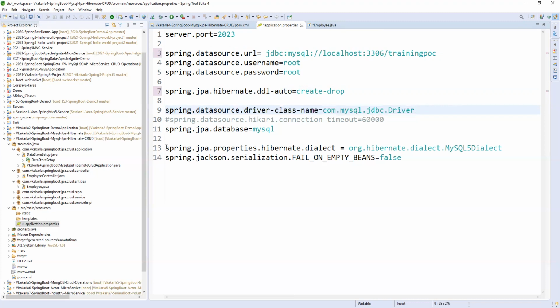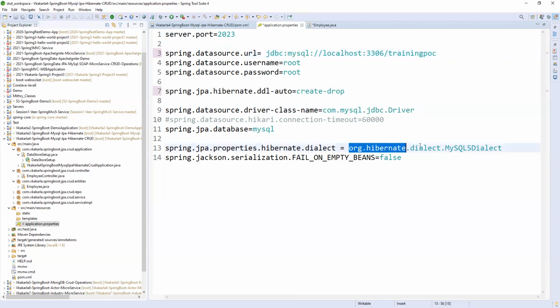And also here is the dialect. Each database has its own syntax. If you see MySQL and Oracle, the databases behave the same, but the queries are written with slightly different syntax. So whenever we write SQL queries, the dialect will convert them to the database's understanding language.